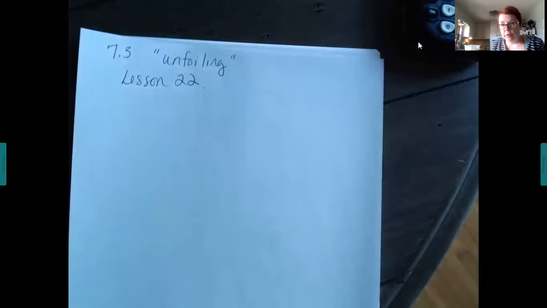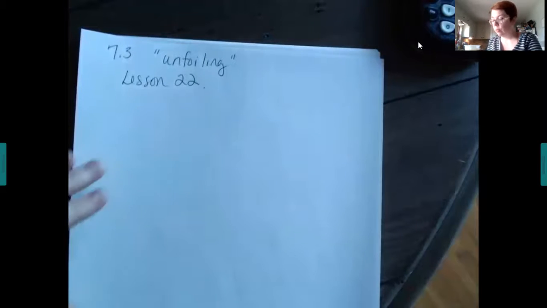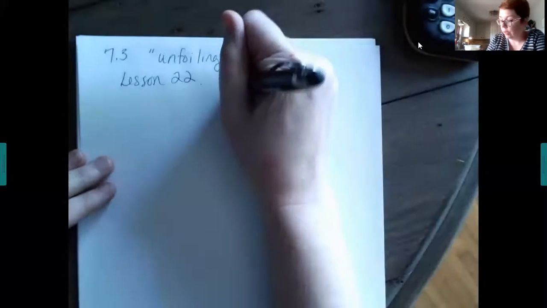Okay, so we factored out the greatest common factor, and we now are going to unfoil. The reason why, when we were foiling and multiplying, I was going over the signs and the results, is that being familiar with that helps us understand how to do this a little bit better. Okay, so remember, when you foil, you're going to have something,